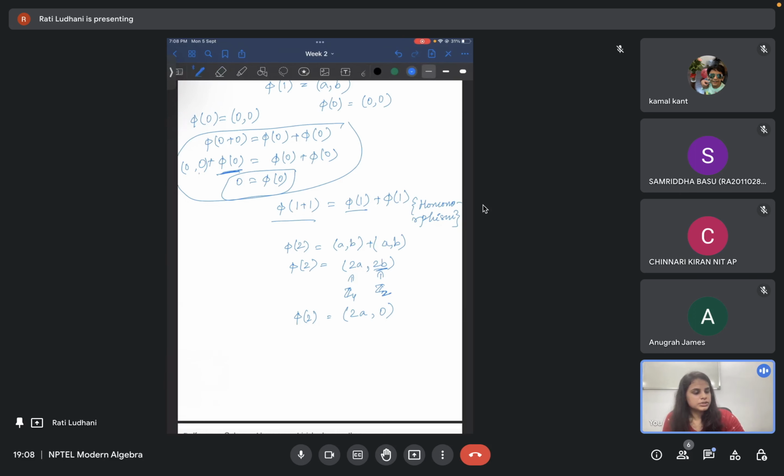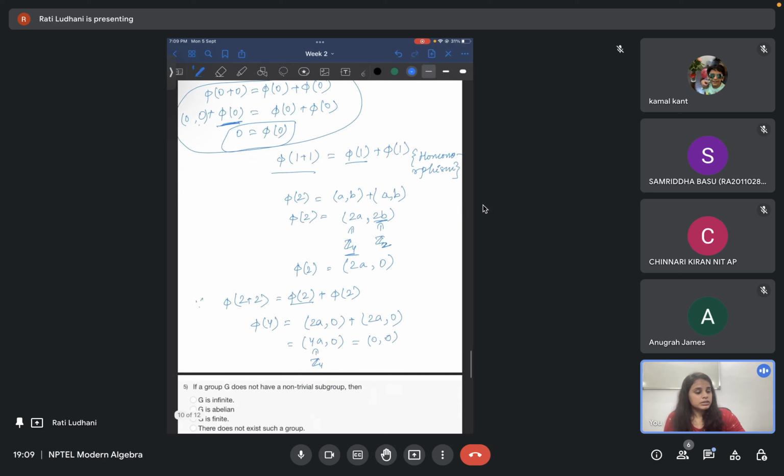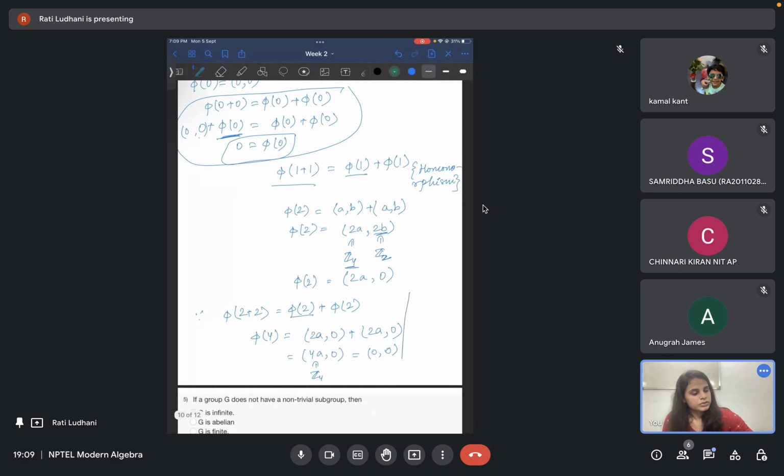Now this is true. Now if you check this, so we need to go to 4 also. Okay. So 2 plus 2, since phi of 2 is (2a, 0) and this is (2a, 0), you will get (4a, 0). This belongs to Z4, so this is again (0, 0). So what this is saying is phi of 4 is equal to (0, 0), but